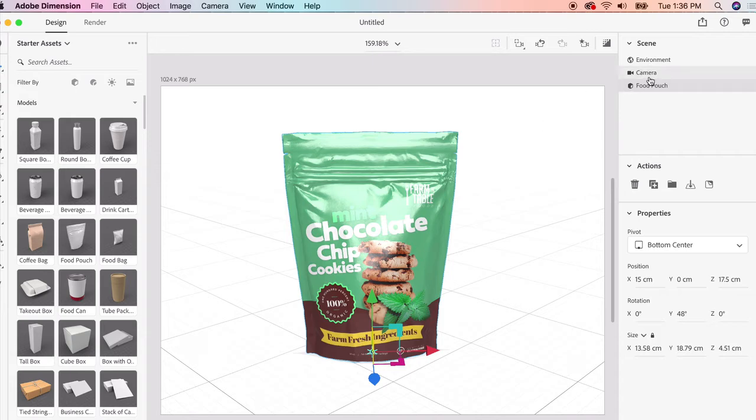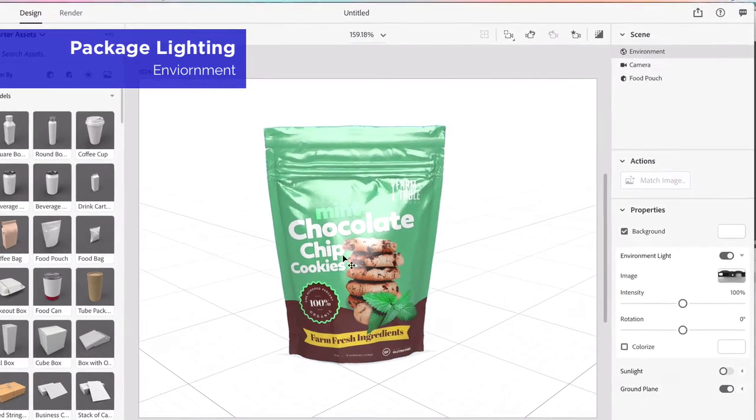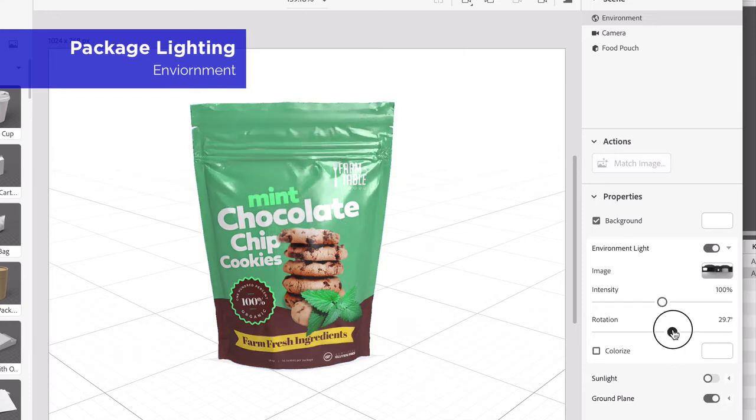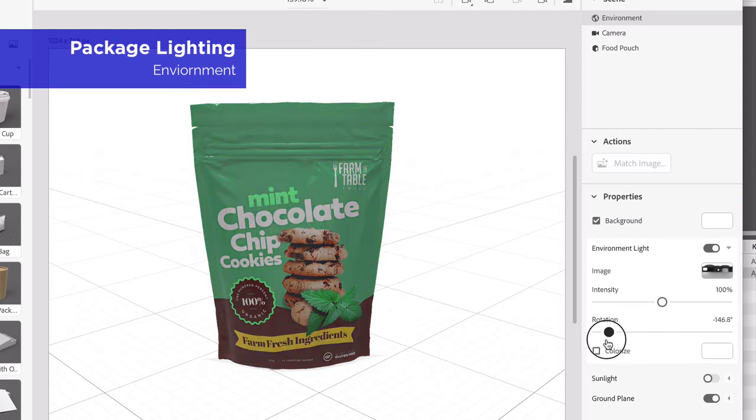So there's a couple things we can do. We can go to what's called Environment, and we can change a lot of the lighting. One thing I find has a big change is the rotation. This will change the rotation of the lighting up here. So I'm going to click and drag, and you'll see how it rotates the lighting and the highlights around. So this is behind. Now the light is behind the package, and then the light is moving in front of